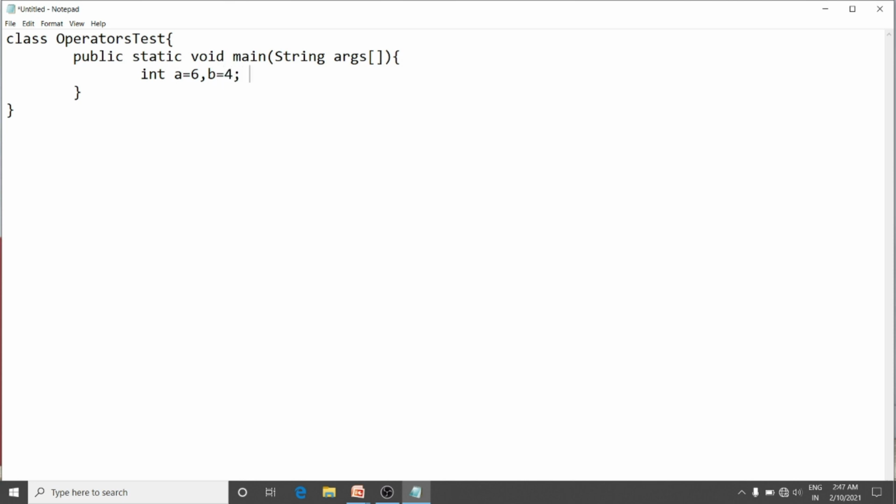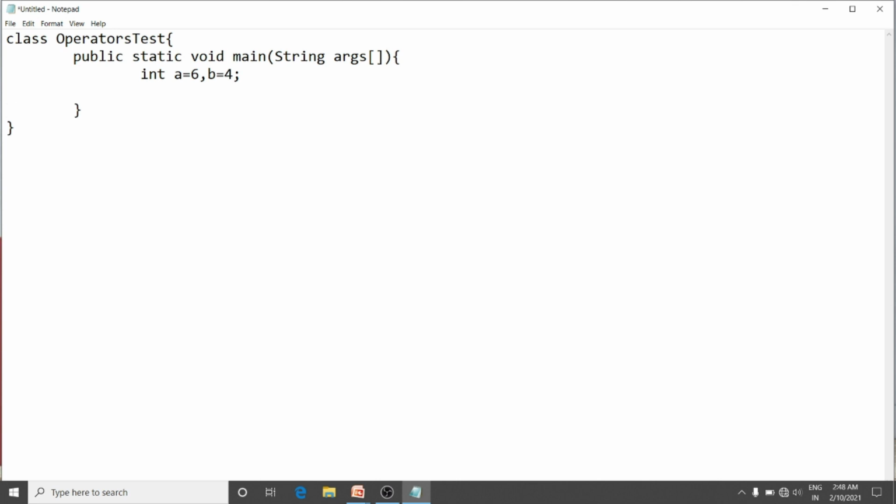Arithmetic operators are mostly in binary form. They take two operands on either side of the operator, and you can use any numeric data type like byte, short, int, long, float, double. And one more thing, you can write multiple variables of the same data type using a comma separator. As A and B are both integers, we can write them in a single line using a comma separator. Instead of writing integer A and again in the next line integer B, we can write in the same line, just you have to use a comma.